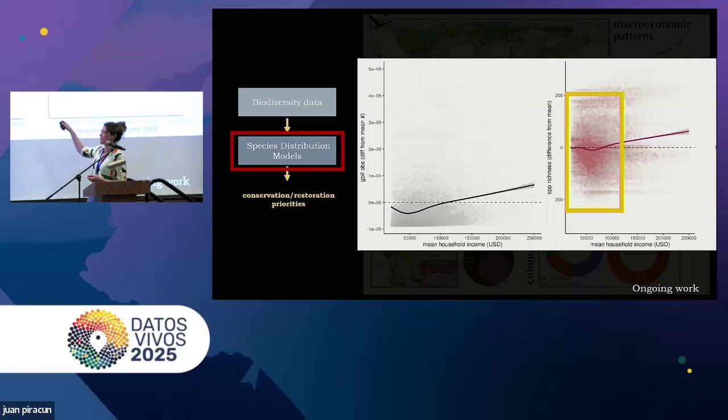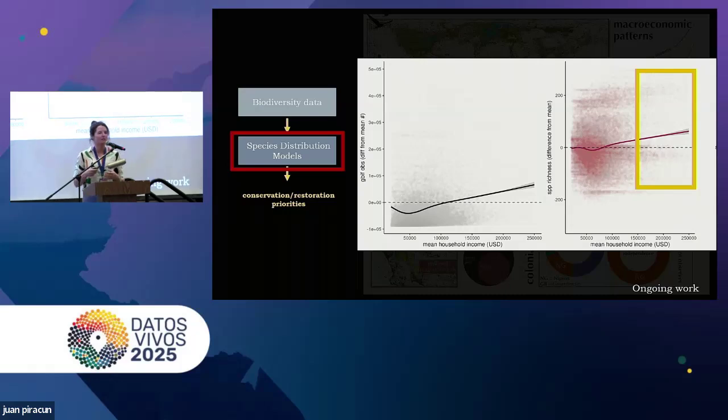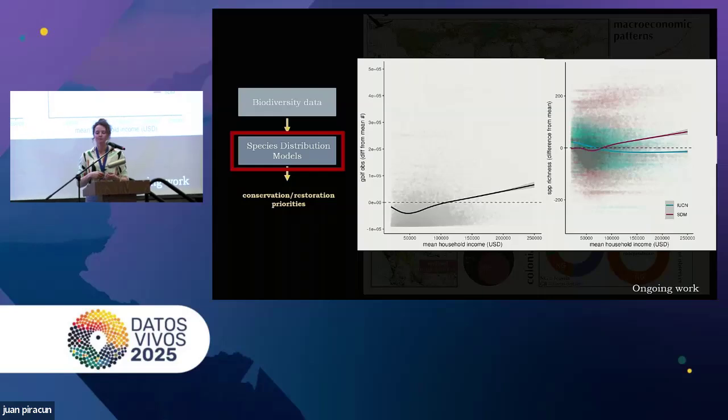We can see this low income bump in species richness projected into the SDMs, with less species richness in lower income census tracts than in high income census tracts. Of course, this could be a true ecological pattern. There could be less biodiversity or less species richness systematically in lower income census tracts. Absolutely possible. But when we look at IUCN data and use range map estimates of species richness, we